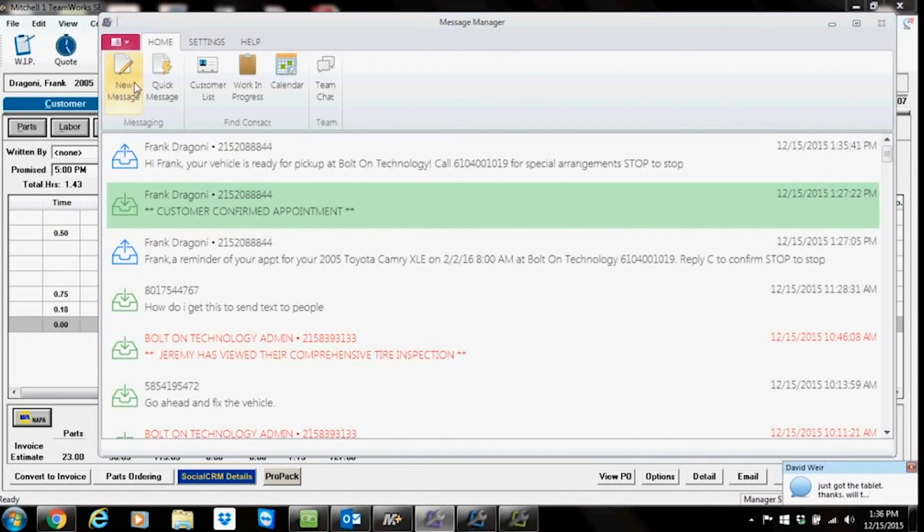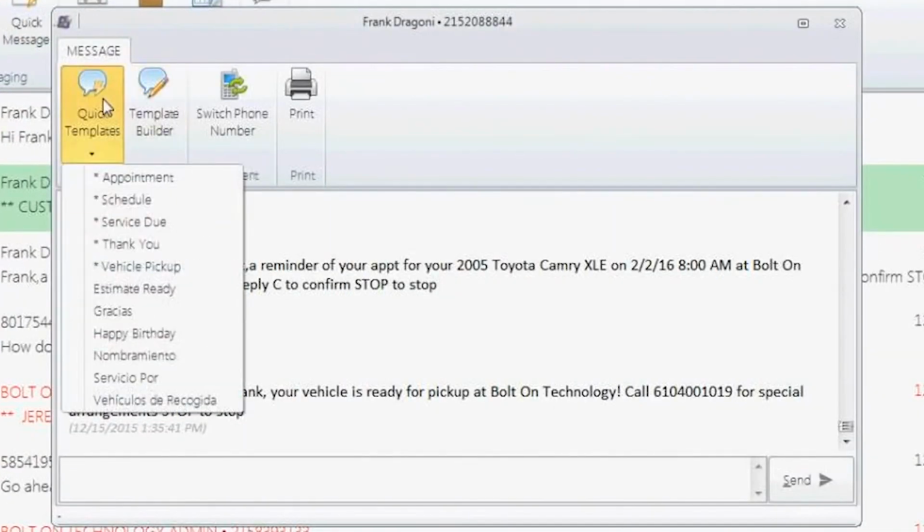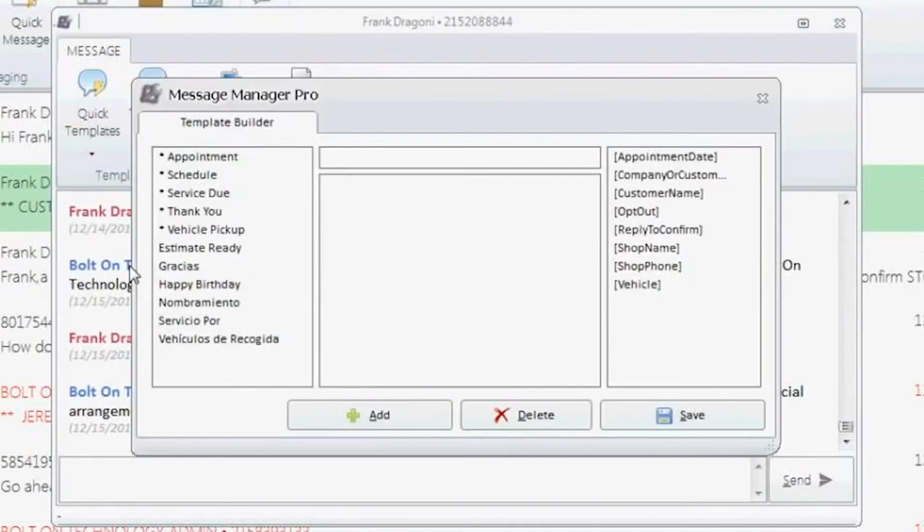All right. So in the quick message tab, like I said, here's all your templates. We even have them in Spanish. We also give you folks a template builder. You can build your own canned text messages. It's very simple. It takes probably a minute or two per text message. Once you save them, they're on all your workstations. And there again, how to do this is all in that how-to document I showed you on how to